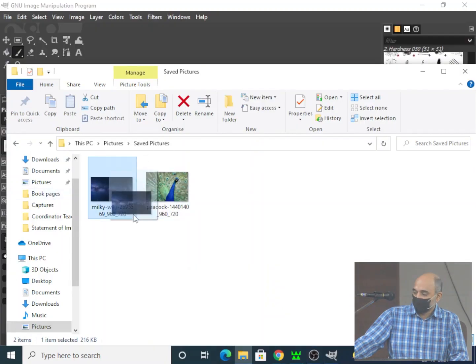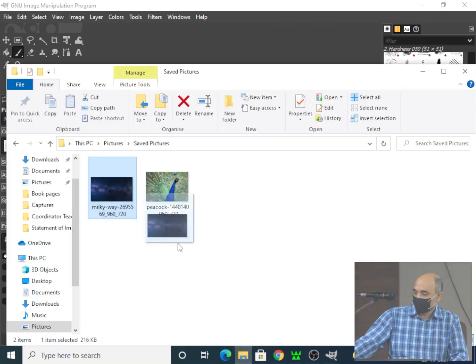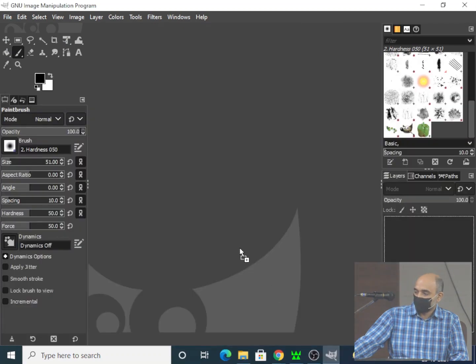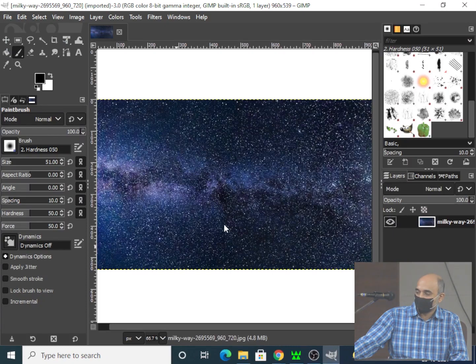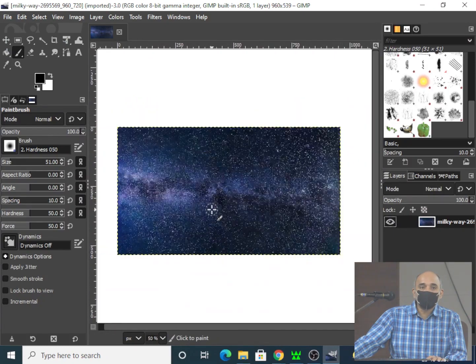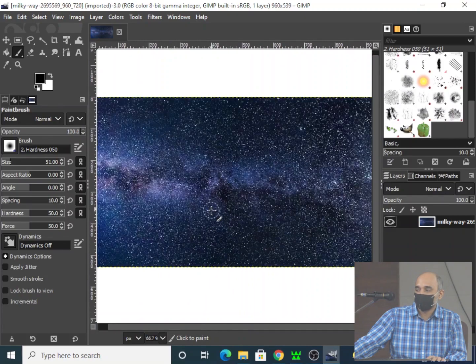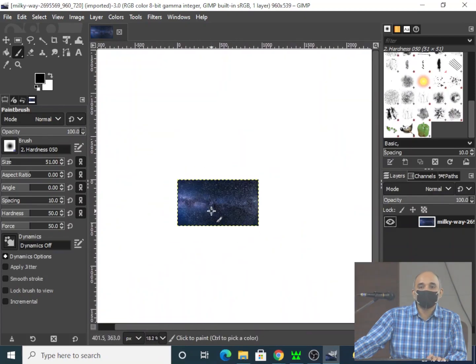So what we'll do is I'll just try to open this image first. Control and the mouse wheel, zoom in, zoom out. Press control on the keyboard, yeah.